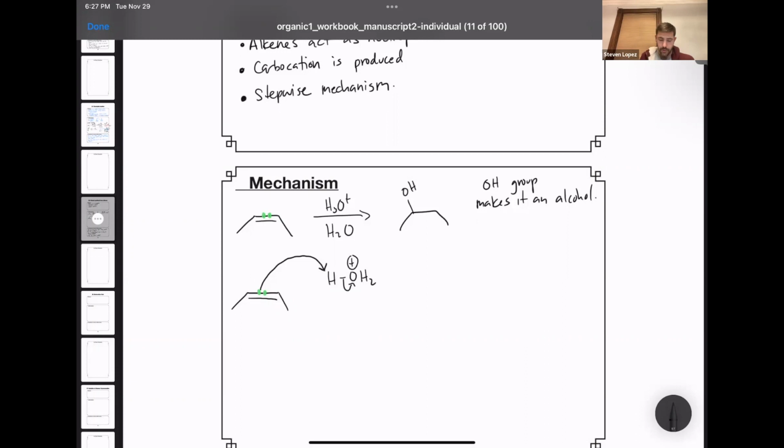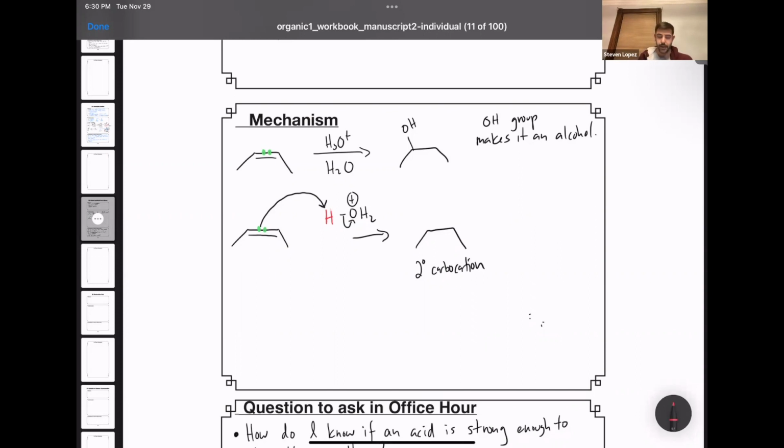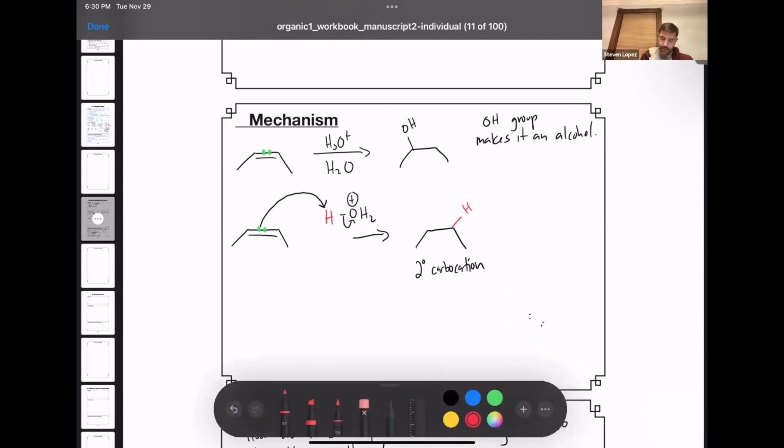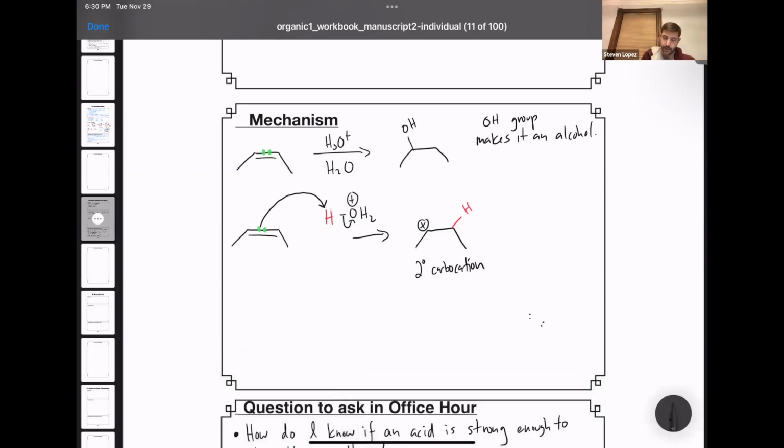Now, when we think about this process happening, it means that the arrows are making a bond between one of the carbons and the hydrogen. So when it deprotonates this acidic hydrogen on hydronium, we have this hydrogen here, and what's left over is a carbocation because you've used the two electrons that are in that pi bond to create the carbon-hydrogen bond that we show in red. This is a relatively stabilized secondary carbocation, which can then be attacked by a resulting nucleophile. And that nucleophile is water.